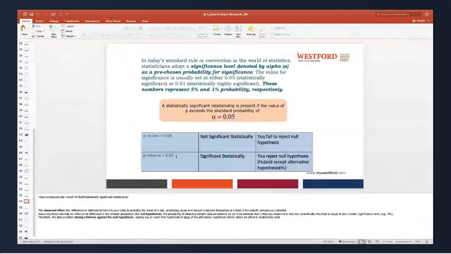Now, when my p value is less than 0.05, right? Not significant statistically, and you fail to reject the null hypothesis.